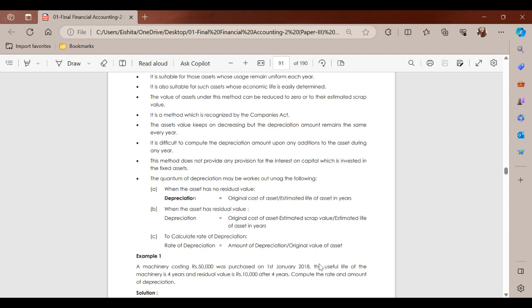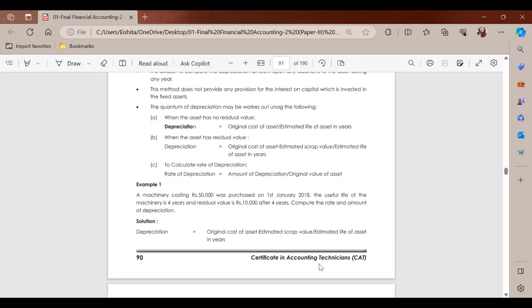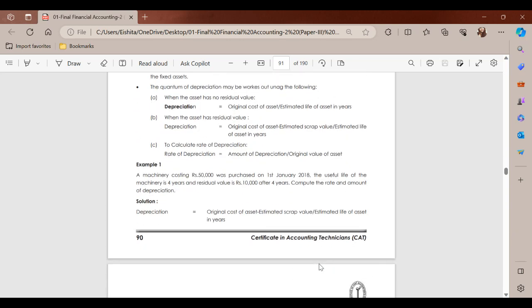Let us understand the example. How this example is done. A machinery costing rupees, a machinery costing